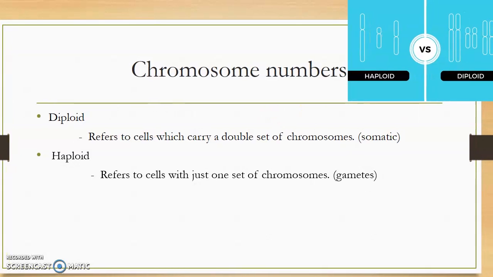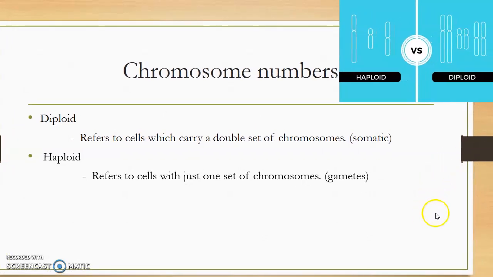So I'm just going to move this over a little bit so we can see that diagram up in the corner. Okay, so ploidy refers to number of chromosomes. So you might see ploidy written on something. That just means how many chromosomes are there. Di means two or double. Ha refers to half. So a diploid cell is a cell which has double set of chromosomes. It's got double the amount of chromosomes as a haploid cell. So these are going to be your somatic cells. Haploid cells means half, so this is going to be just one set of chromosomes, and this is going to be your gametes.